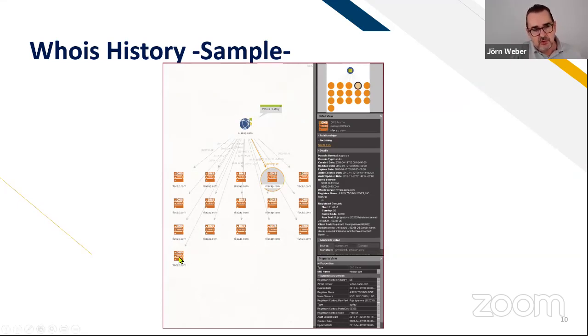And it's already sorted. In the lower left corner, you have the oldest information, and then it goes zigzag, like in German, up to the upper left corner, and that's the youngest one. So you don't have to check the link, although the information is in there. You simply go either by mouse over or by clicking on the entity, and then you see this information on the right side. So it's up to you to arrange these windows in the sidebar in a way that works for you, so that you have enough space and can read it.